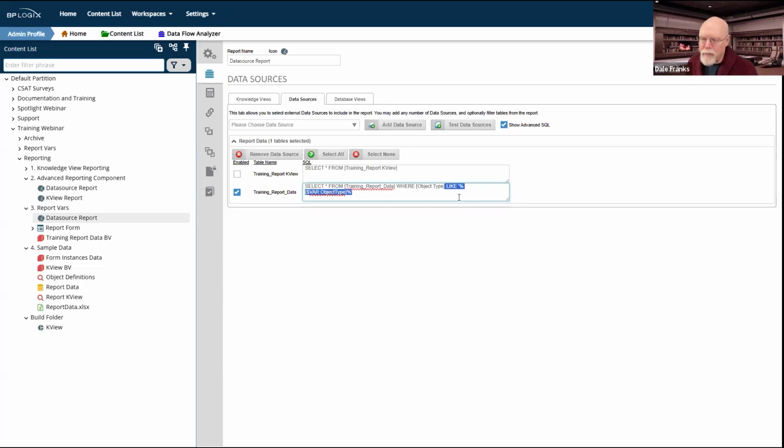So the advanced reporting component gives you a heck of a lot of flexibility when it comes to writing reports and to having those reports show up in a more attractive format than the regular knowledge view, plus gives you access to any data that you can access from anywhere.